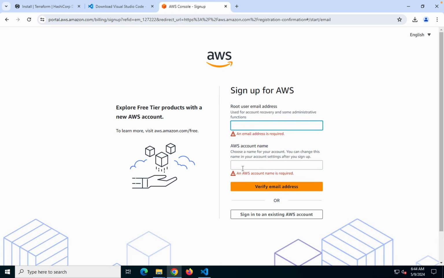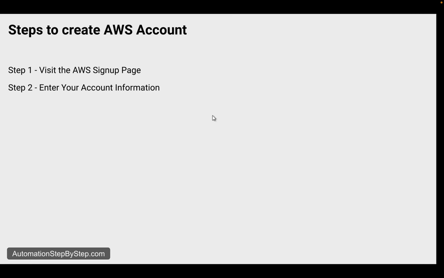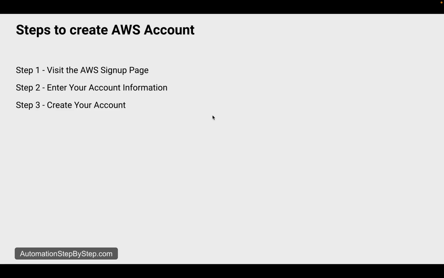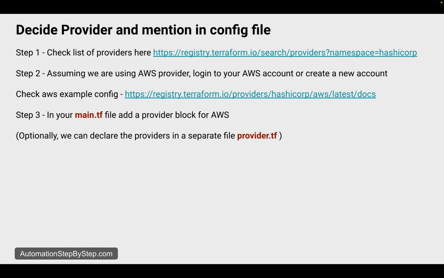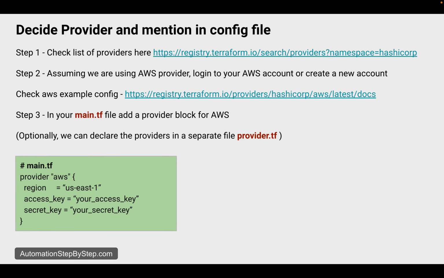However, you will not get charged unless you go over the free tier limits. So we will keep inside the free tier limit so that we don't get charged. You can create the account, and these are all the steps to create the AWS account, in case you do not already have it and you do not have any other provider. Now coming back to our provider configuration,